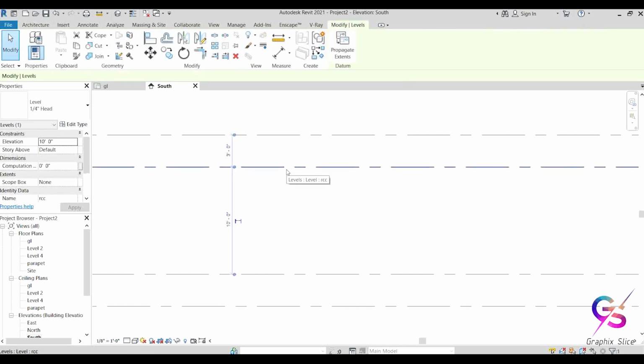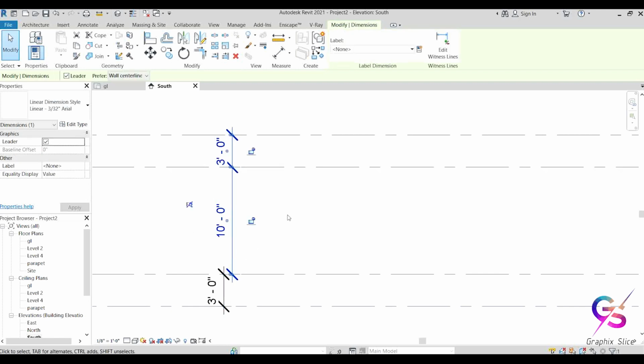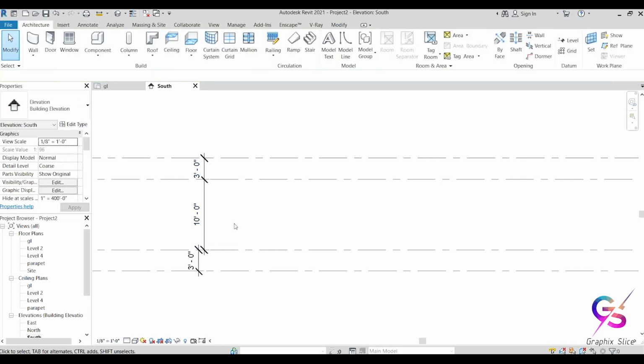So here, to constrain these levels, just here a tool will be there. See here, this symbol, make this temporary dimension permanent. Click here, then this temporary dimension automatically becomes permanent dimension. What about for this? Just click here, again select this temporary dimension symbol and click here, automatically this temporary dimension becomes permanent dimension. See, like this we can convert a temporary dimension to permanent dimension,